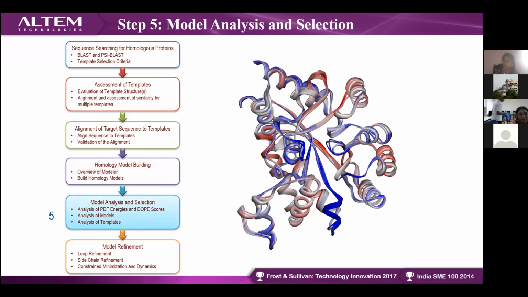Then you analyze the model based on the template molecule. For example, you have two structures and you superimpose both. Once superimposed, you can analyze against the template molecule, and model refinement can be done through this.